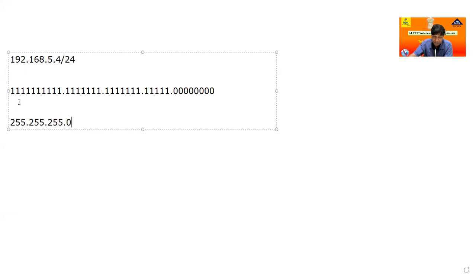Okay. Subnet mask never becomes 0, because what is the purpose of the subnet mask? For computers and any smart device to easily understand how many bits are fixed from left-hand side to right-hand side. So you can say how many network bits there are, with the help of the subnet mask.